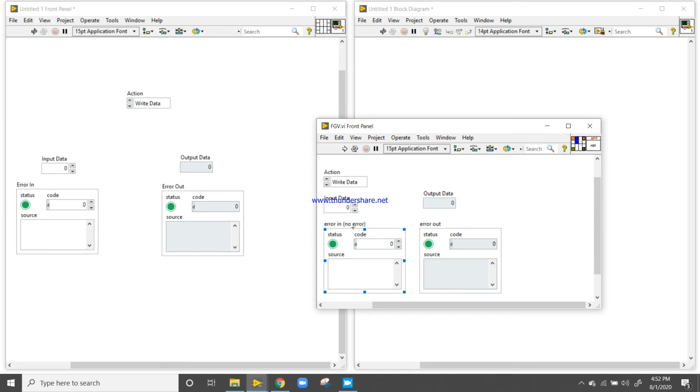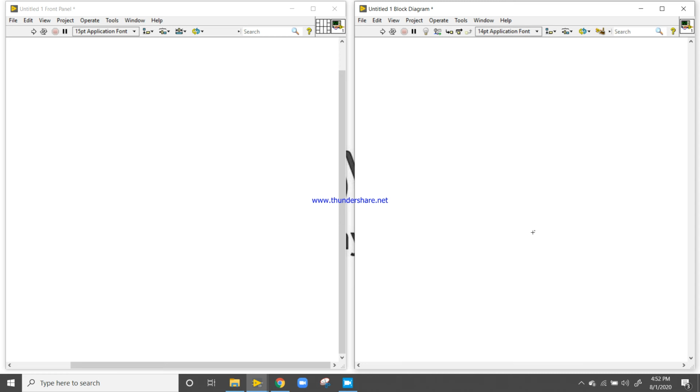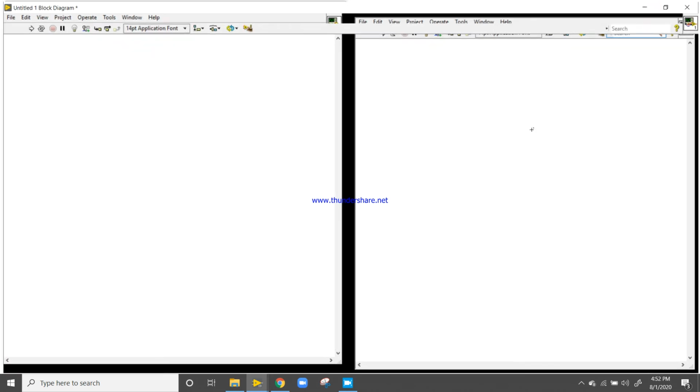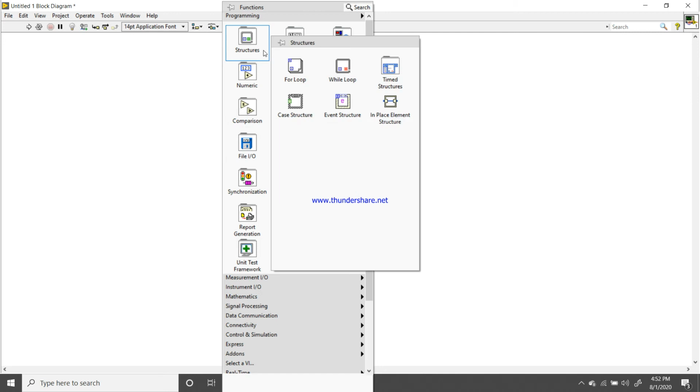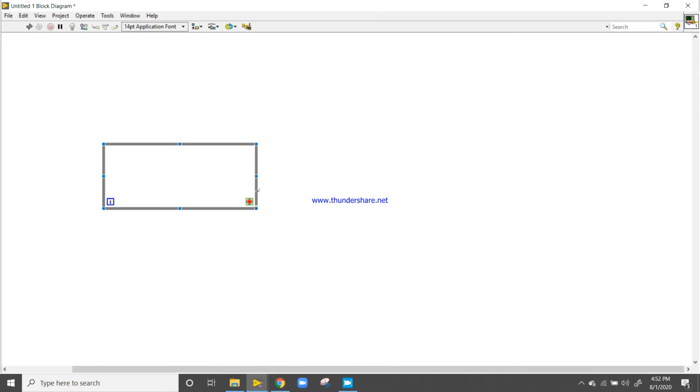Yes, I want to replace it. Yes, I replaced. Now delete all. Right click here in the block diagram, come to the structures, take a while loop. In another block diagram, take another while loop.